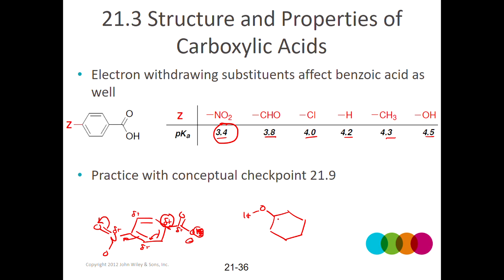So an OH can withdraw electrons through induction, but that only puts a partial positive there. So if I have a carboxylic acid para to that, and I'm trying to imagine how much this carboxylic acid is going to be stabilized once it produces a negative, well, a partial positive all the way over here is not going to impact that in any real significant way. So the electron withdrawing nature of that oxygen isn't really relevant to the reactivity of the acid or the pKa